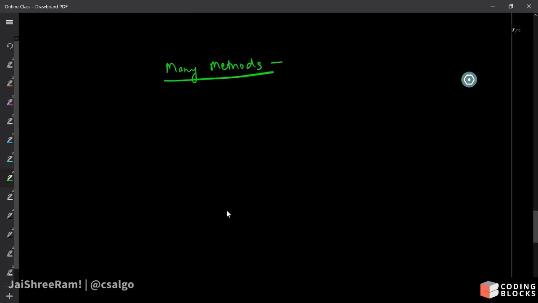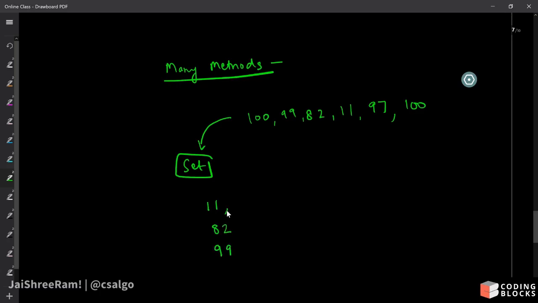आप एक सेट को यूज़ करो। सपोज आपके पास ये एलिमेंट्स हैं 100, 99, 82, 11 और 97। तो put these elements into a set. अगर रिपीटेटिव भी हैं तो भी कोई बात नहीं, 100 एक और ले लेते हैं। So put these elements into a set. सेट क्या करेगा, सेट हमेशा सॉर्टेड ऑर्डर में मेंटेन रखेगा और यूनिक एलिमेंट्स को रखेगा। तो आपने रखा 11, फिर आपने रखा 82, फिर 99, फिर 97 और फिर 100, right? क्योंकि सेट सिर्फ यूनिक एलिमेंट्स रखता है और सॉर्टेड रखता है।